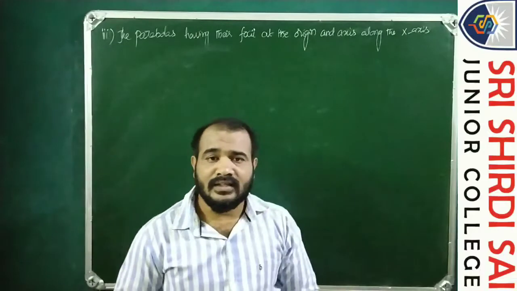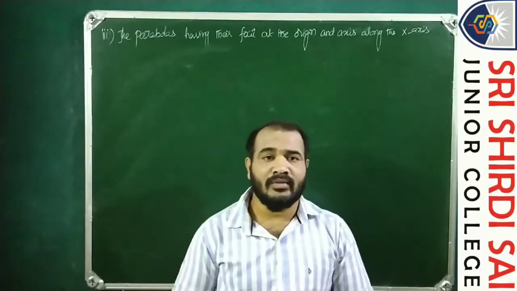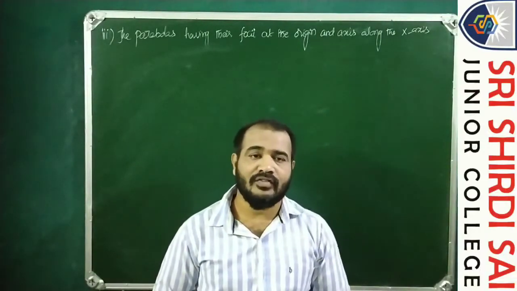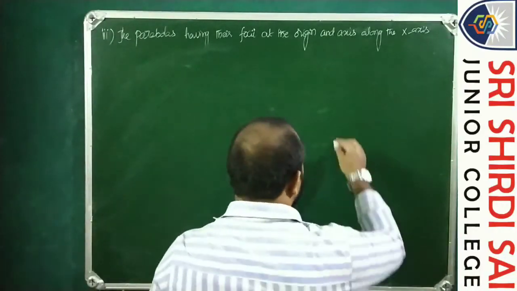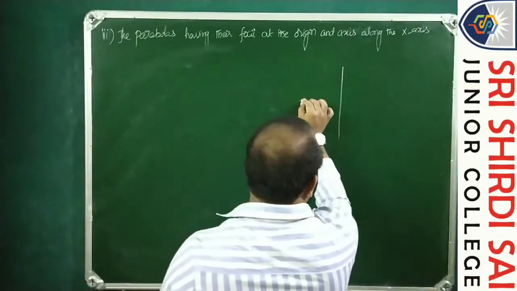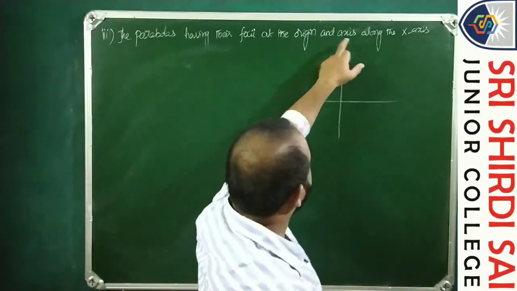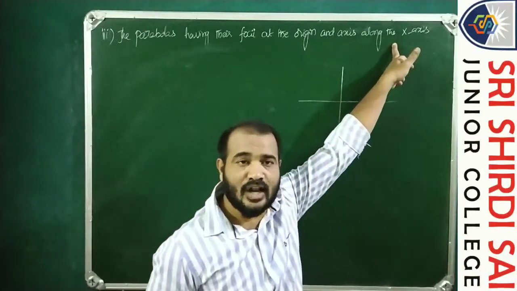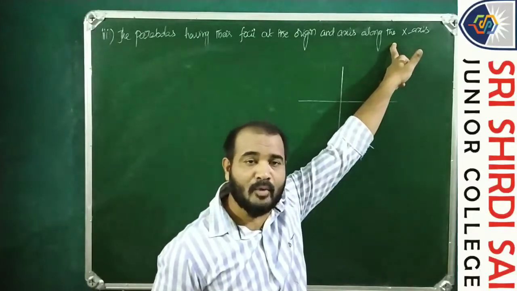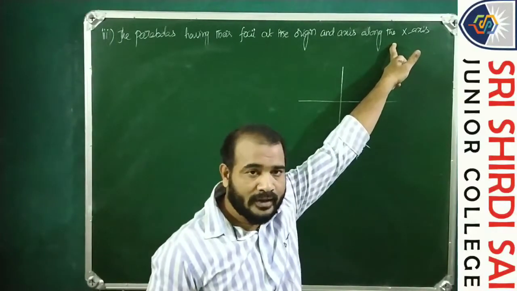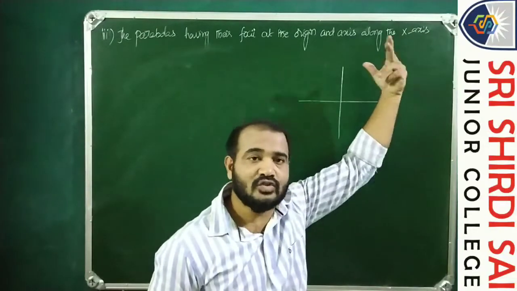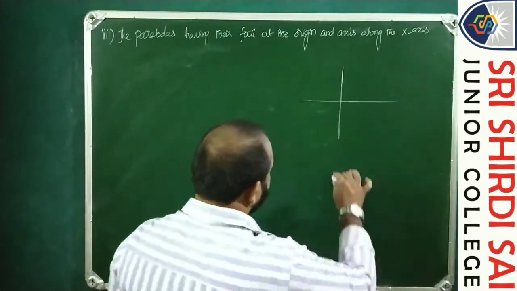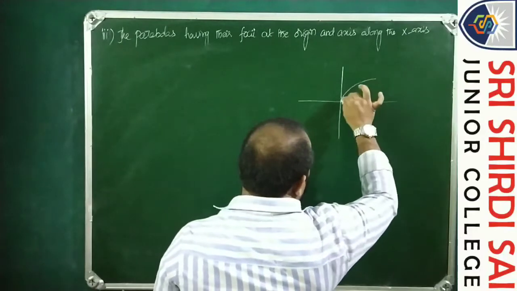The parabola is said to be in its standard or simplest form if and only if the vertex is at the origin. So for example, if you consider, axis is along x-axis, that is symmetric about x-axis, y square equals 4ax or y square equals minus 4ax. See here. So this is the y square equals 4x parabola.